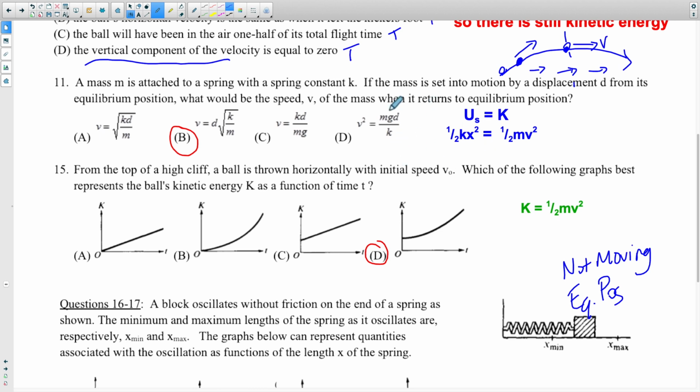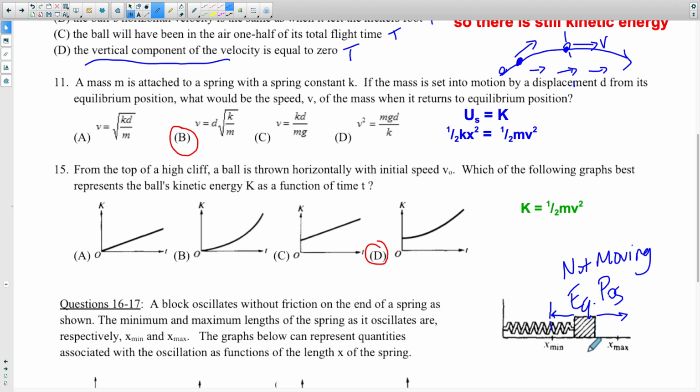So that's what the equilibrium position means. Then, if it's set into motion by displacement d, that's when we push it in and now we have a certain distance. Or maybe if it's another kind of spring, we pull it out and it has a certain amount of distance. So the mass is attached to a spring with a spring constant K. If the mass is set into motion, what would be the speed of the mass when it returns to its equilibrium position? When you push it in, and then it starts going back and forth and back and forth,